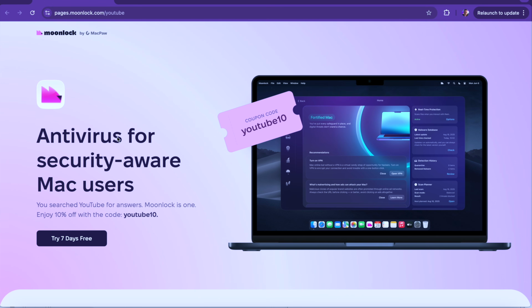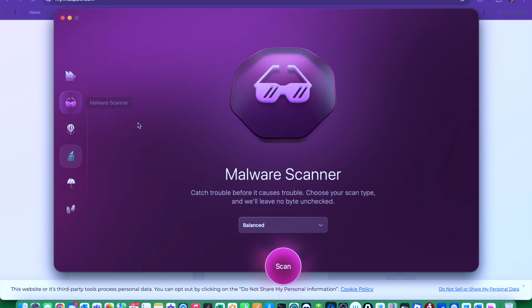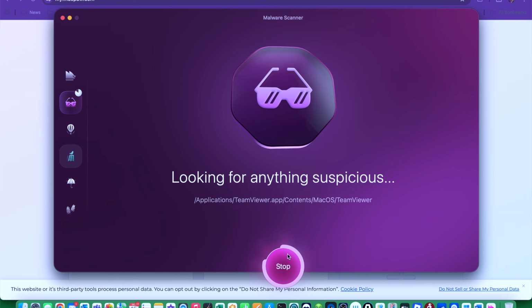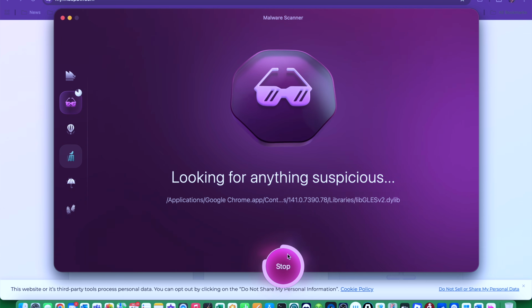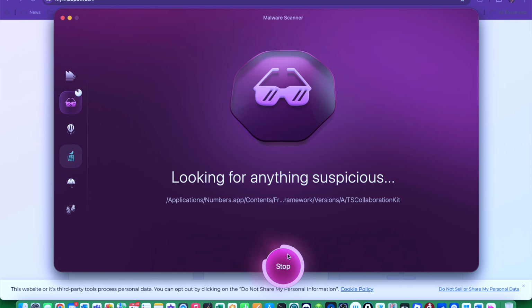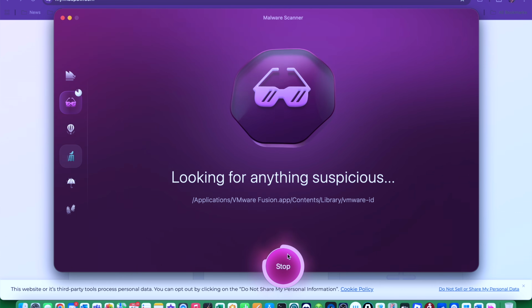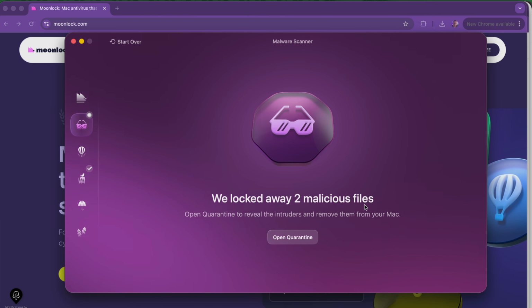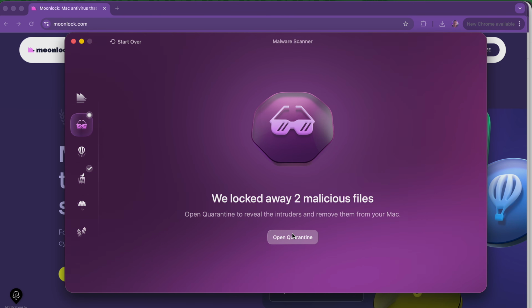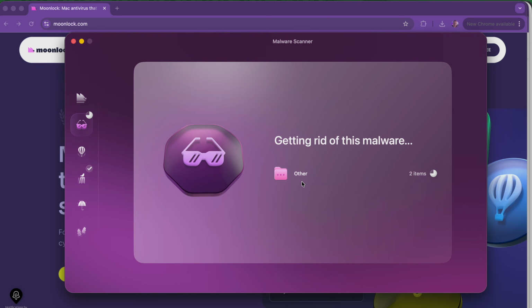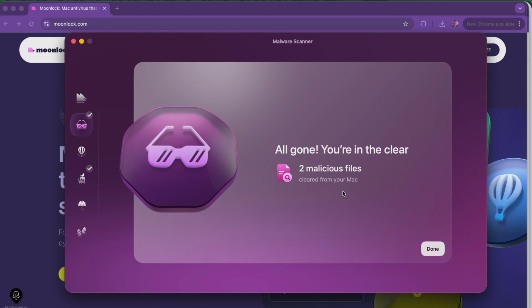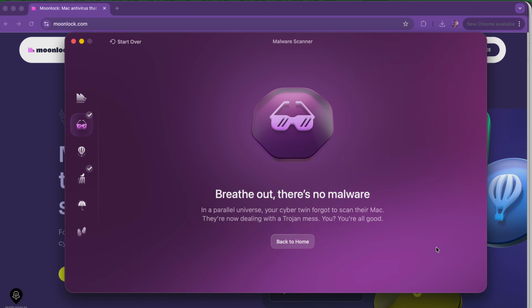You then run a scan across your entire computer, and Moonlock will analyze all of your files, but it also will analyze all of the running processes, the scripts, the system behavior. It'll then identify the threats, and it's going to look for the suspicious background activity, the unknown scripts that may be present, and then it's going to remove the threat. Moonlock will act as your fileless malware remover. And then once that's done, you have enabled real-time protection